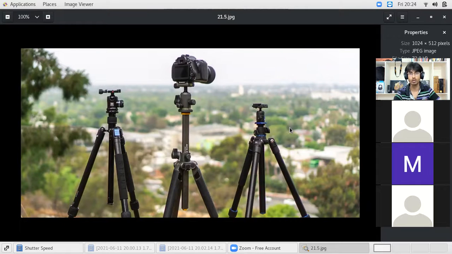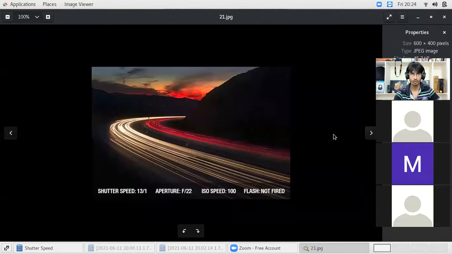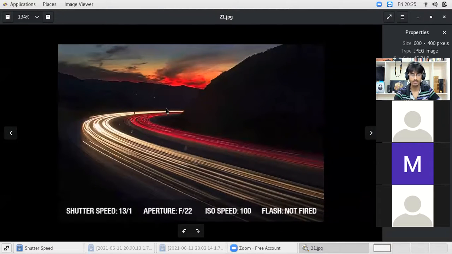In case a tripod is not available, you can put your camera on some tabletop or something like a stone or brick, so that there is no movement of your camera or your phone, and your camera is going to take the exposure for a minimum of 2 seconds or 3 seconds, so that you get a crystal clear view of the night landscape. So all these photos, these are landscape photos.